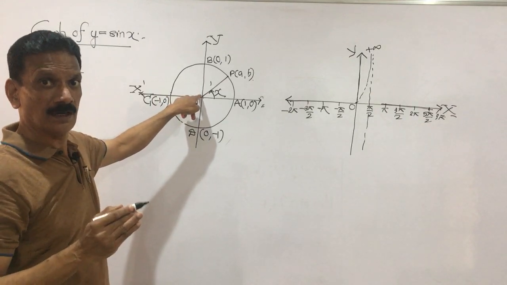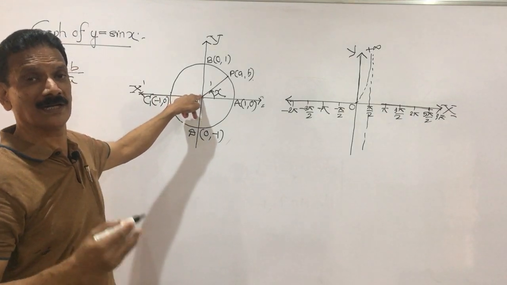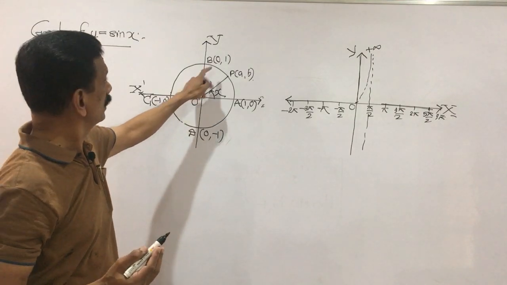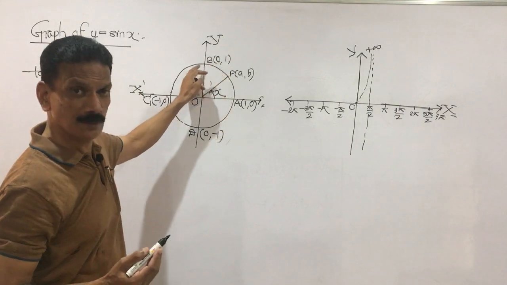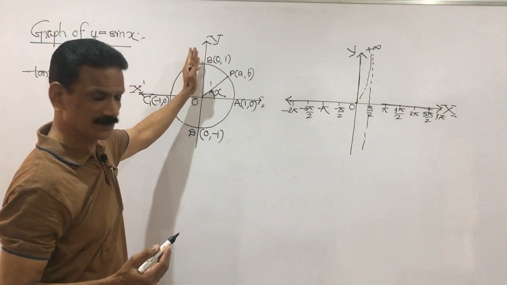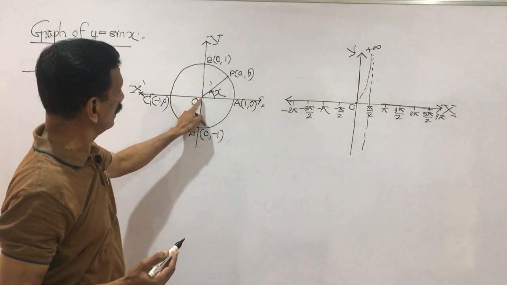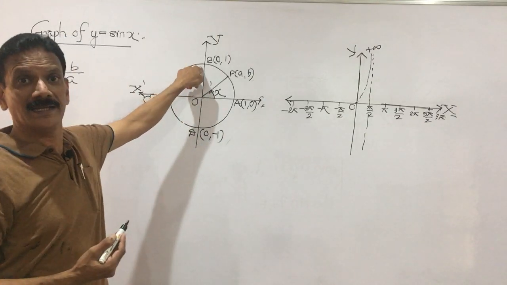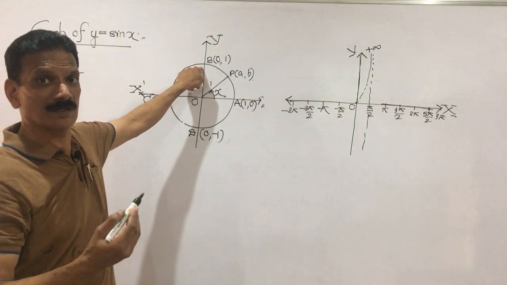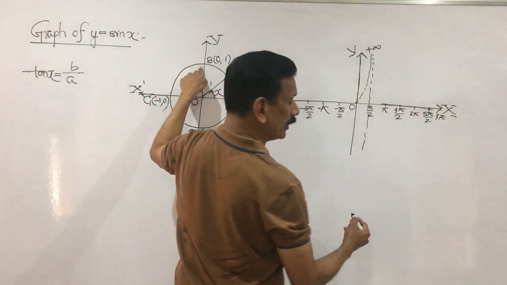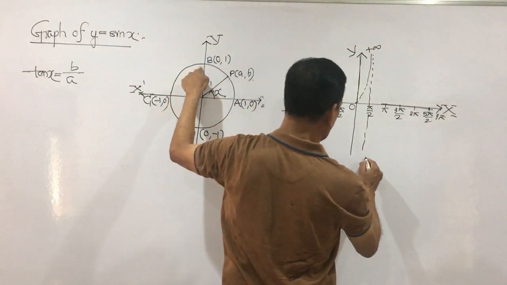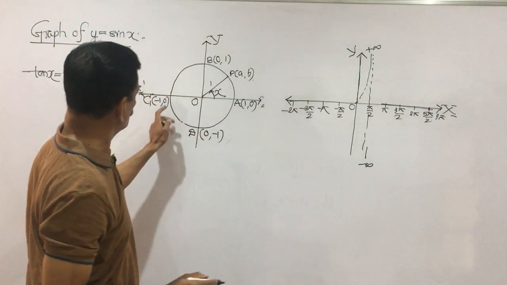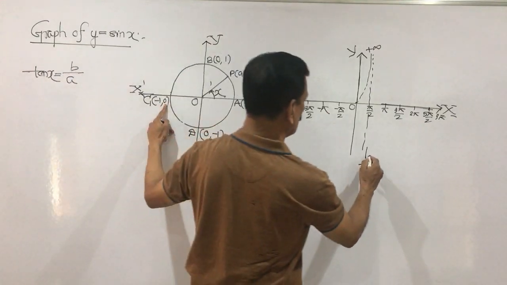Look, in the second quadrant you know that only sine and cosec are positive, tan is negative. And tan is negative means just here also you get 1 by 0, meaning infinity, because just after it crosses the angle pi by 2 it falls in the second quadrant. In the second quadrant tan is negative, so it immediately comes down, up to minus infinity, and the value goes on increasing and it becomes 0.